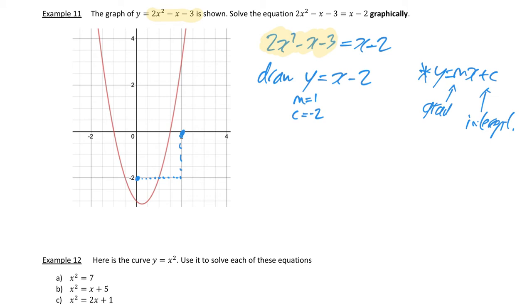So I'm going to rub those wee dashed lines out. There's 2 points I'm going to use. So I'm using the gradient intercept method to draw the graph. There's other methods we could use. You could do it with a table of values, lots of different ways. Go back and look at your notes earlier on. But that's the way I'm going to use. So I'm going to pause the video and draw my straight line, and then we will come back to it. You can see here I've got my y is equal to x minus 2 drawn,